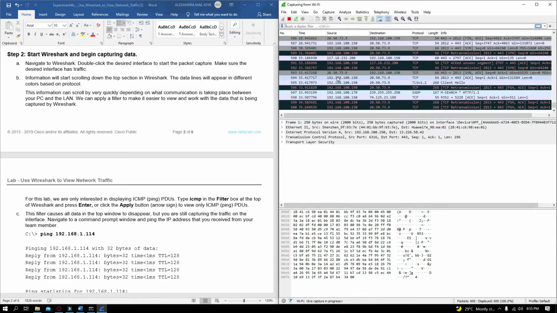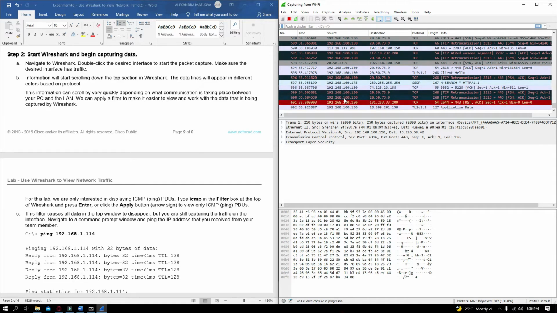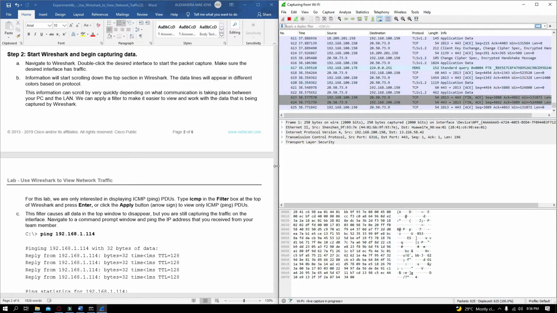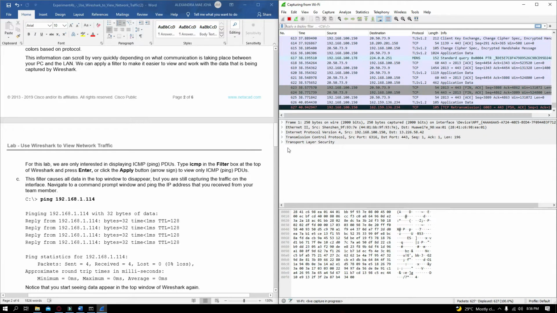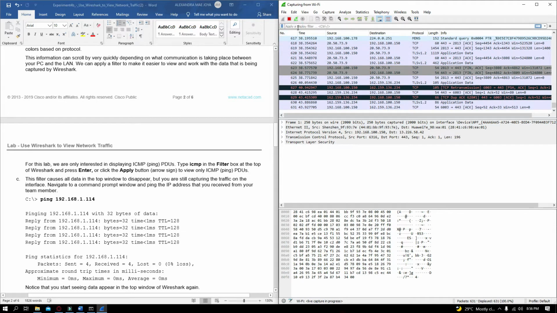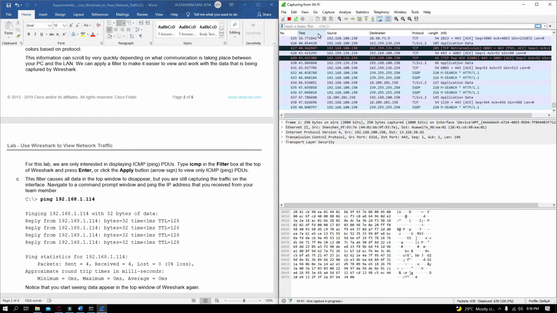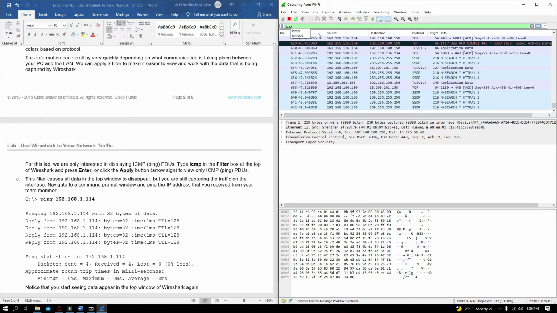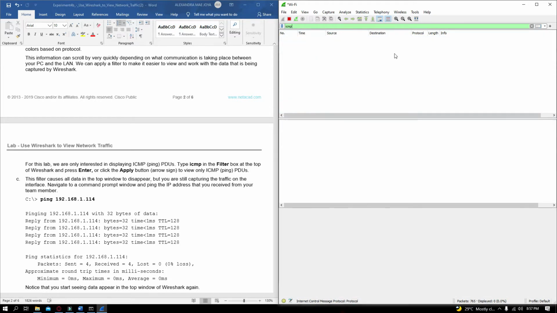We can apply a filter to make it easier to view and work with the data that is being captured by Wireshark. To apply a filter, we click on apply a display filter here and type ICMP. As we can observe, the filter causes all the data in the top window to disappear, but this still captures the traffic